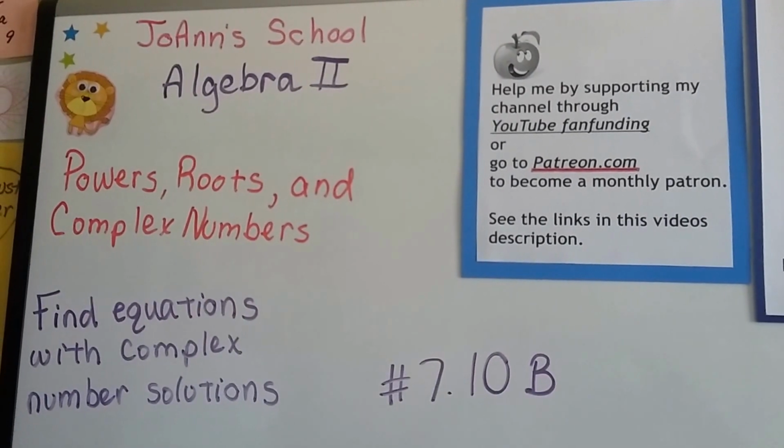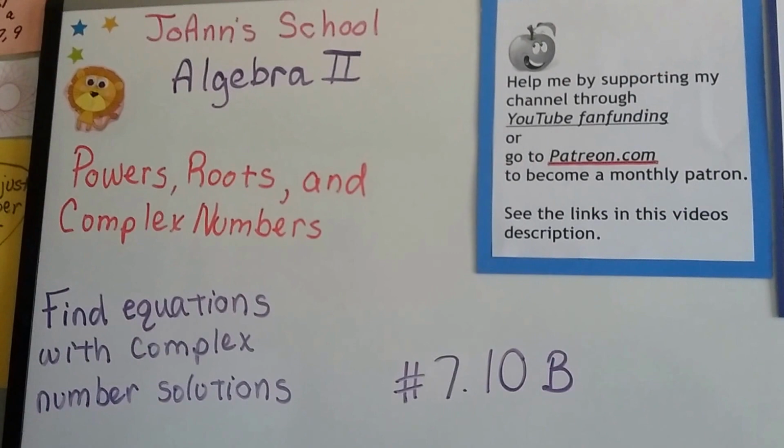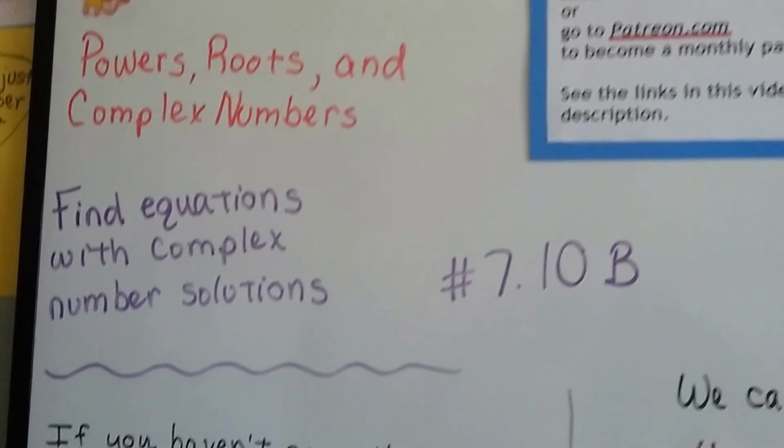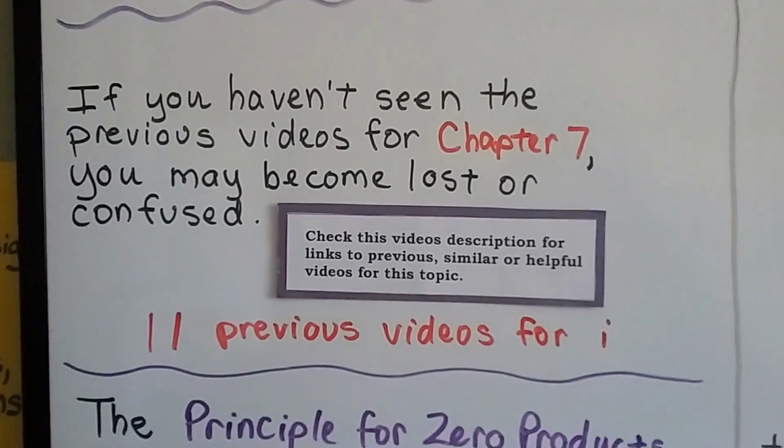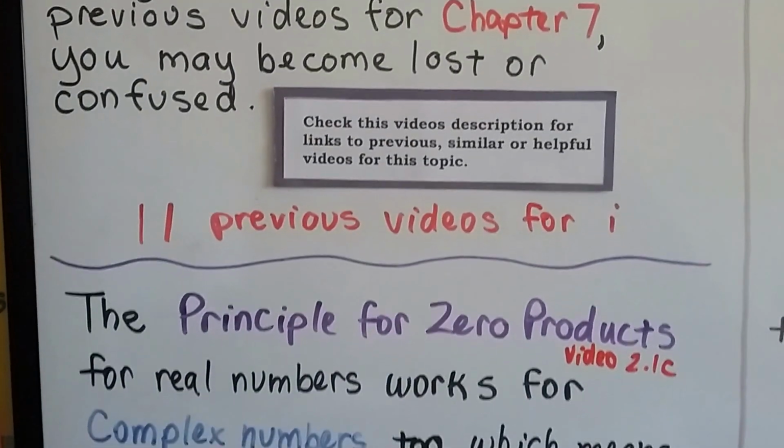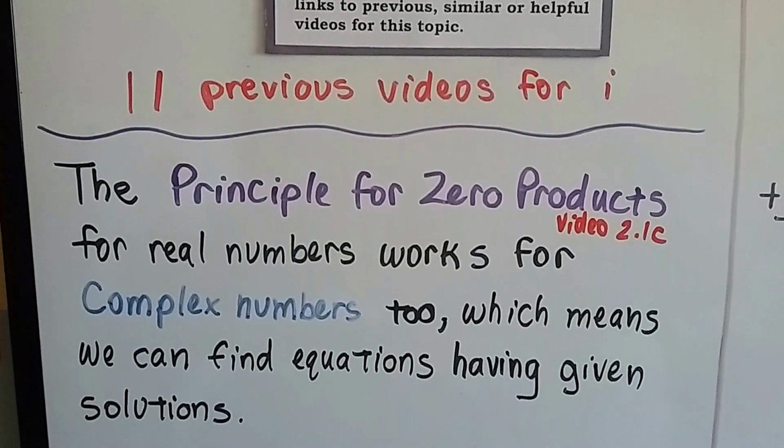Algebra 2, we're at 7.10b, and we're going to find equations with complex number solutions. We're up to 11 videos for complex numbers. If you become lost or confused, look at this video's description to find the videos you've missed to fill in